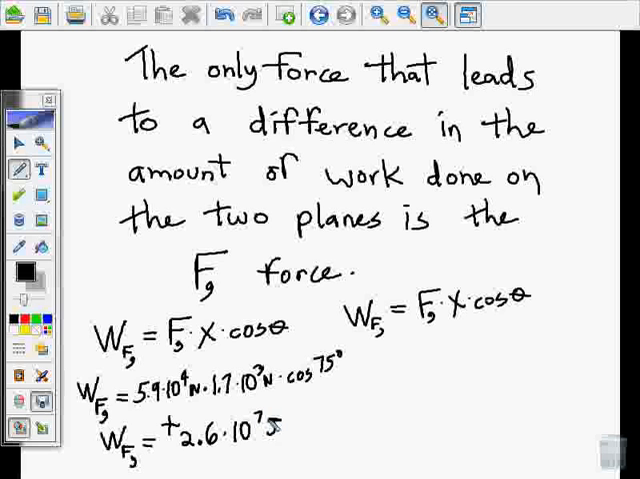And then let's do the other plane. Is that in meters? Oh yes, thank you. That's meters. Thank you. The other one would be negative 4.2 times 10 to the